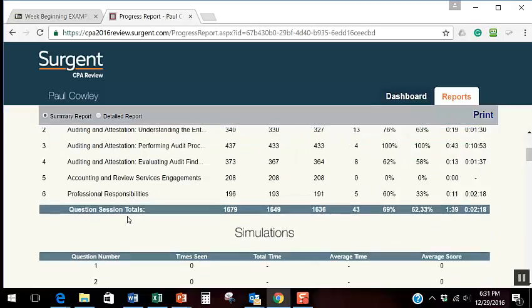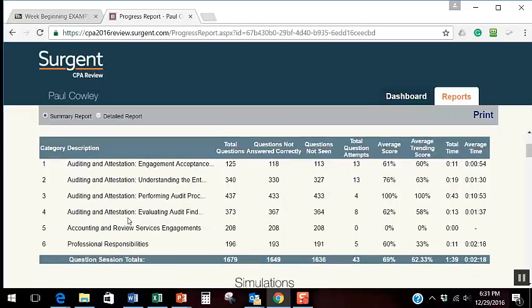Now I'm going to ask you to report on your category number 6, but I'm going to ask you to report on it at the next sub-level. In other words, we have assignments 6A1 through 6A6 and 6B1 through 6B2. So I'm going to ask you to report on category 6A, the next level down, and 6B. So I click on detailed report,